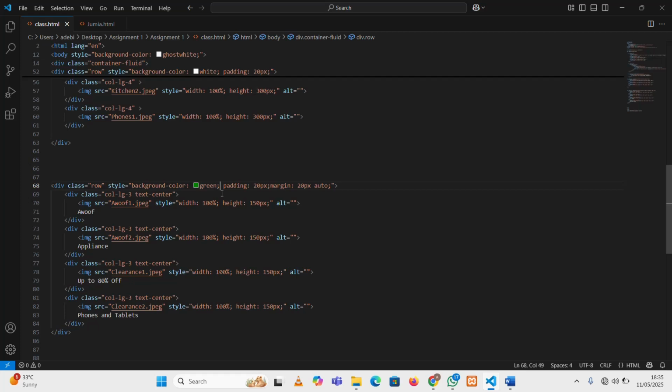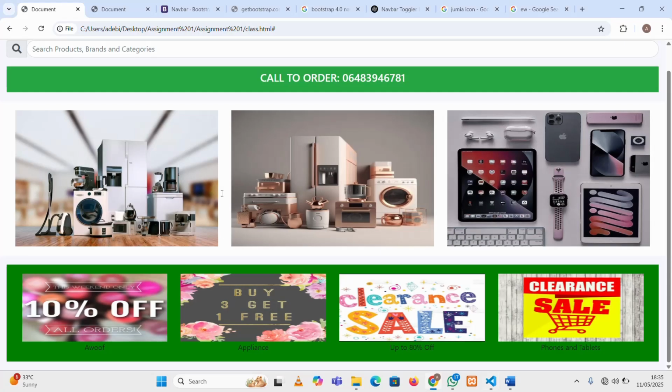Or let me just leave it that way. Then for the color, I'm going to change it to white. We can see that they are actually coming out very well. But instead of using these different shades of green,